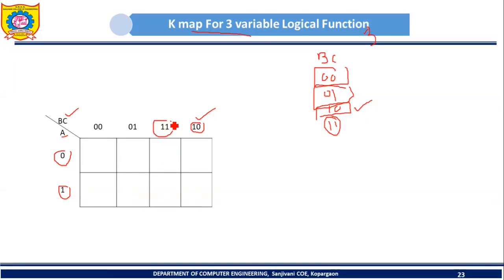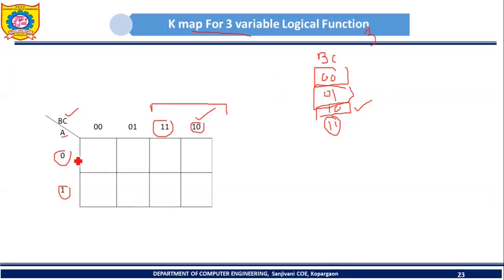So why is it done like this? We will discuss it when we see grouping. Once you draw the K-map, the next step is that we have to make the groups. At that time we will discuss why this particular adjustment is made in K-map. So please remember this important point. In K-map, here we have 00, then 01, then 10 will be here, and then 11 will be here. Then we have seen that each cell in K-map corresponds to one input combination.